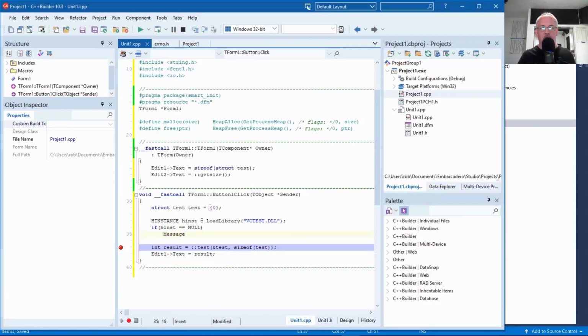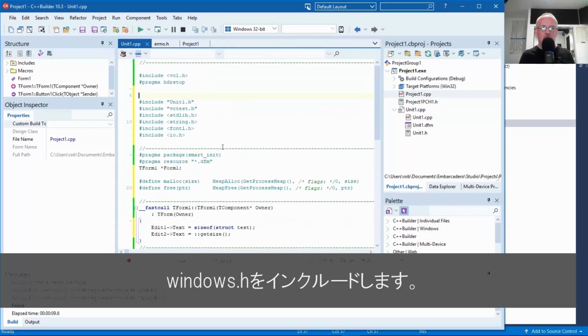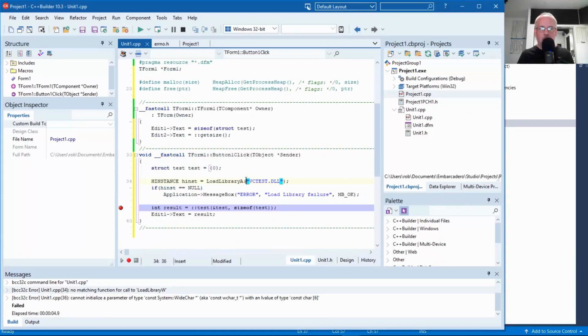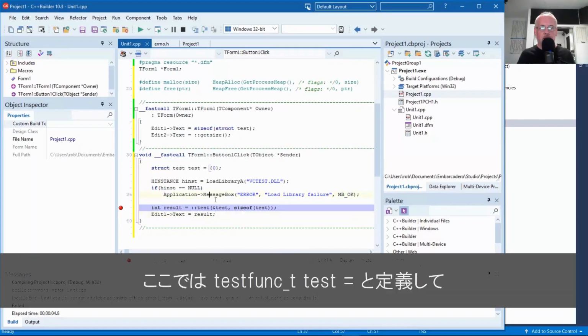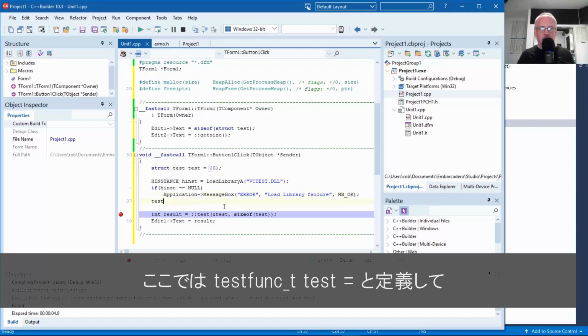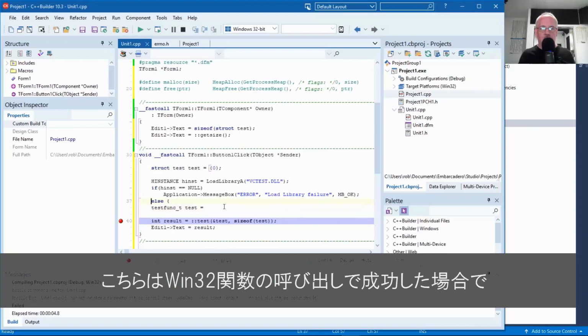display a message box. Application message box. Let's see. So we'll include windows.h. And then it's giving me a warning about test. So what I need to do is create a test_func_t test equals, and then so this is in the